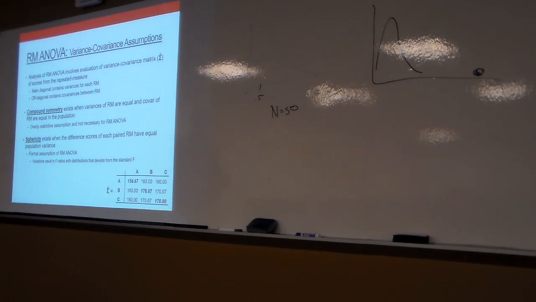So basically, we're saying that if I take scores at time A and subtract them from scores at time B for an individual, and look at that difference, we're going to see the same level of variability in those scores as if I took scores at time A and subtracted them from scores at time C, and that's going to be the same. So here, let's say